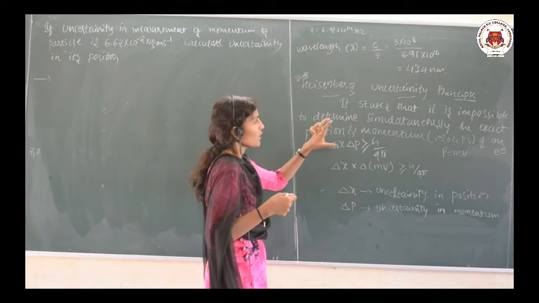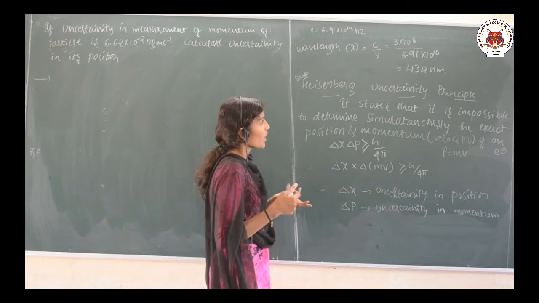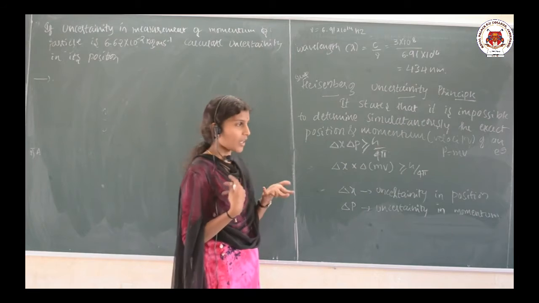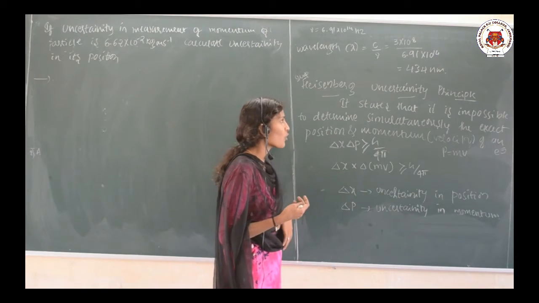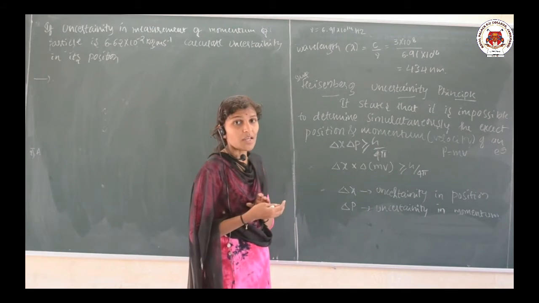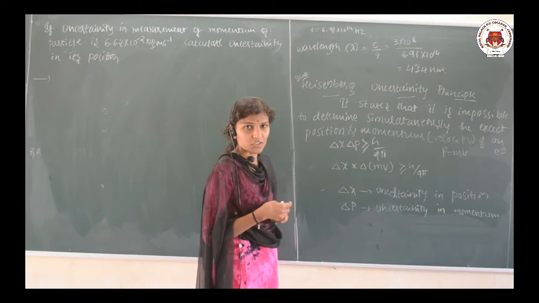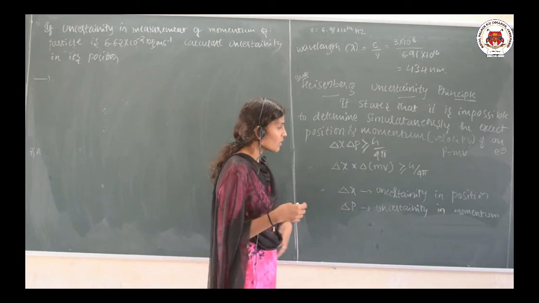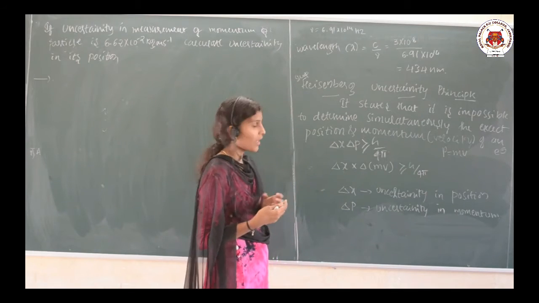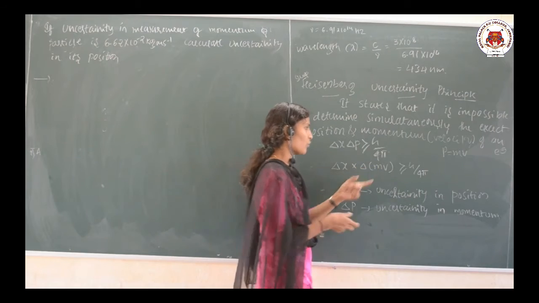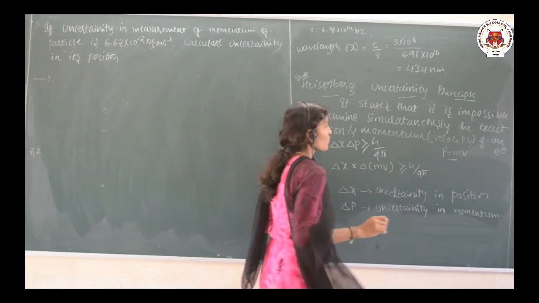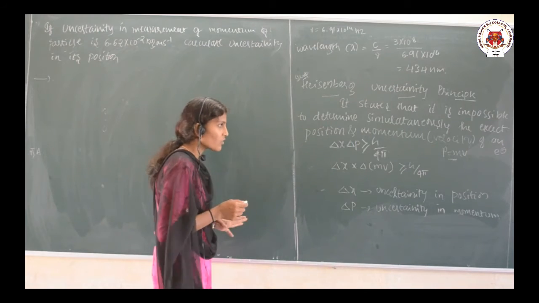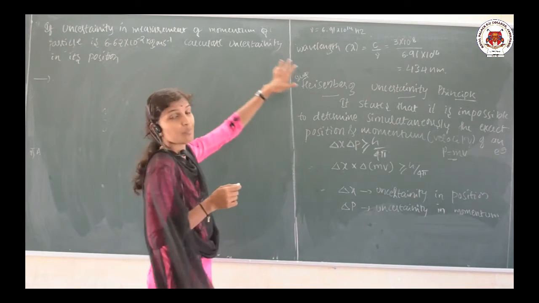So the question is, state the Heisenberg uncertainty principle and write its mathematical expression, and sometimes write the mathematical form of the Heisenberg uncertainty principle and explain the terms. During that time you need to write what is delta x, what is delta p and what is h. And in some problems this is also very important: you need to know that momentum p is equal to the product of m and v. So, let us discuss one of the problems based on this principle.